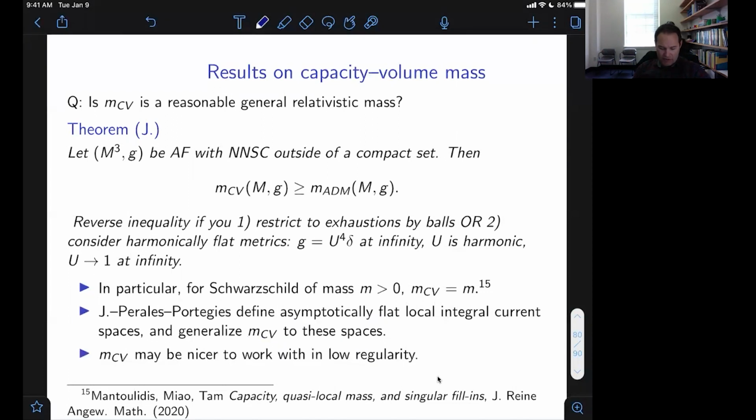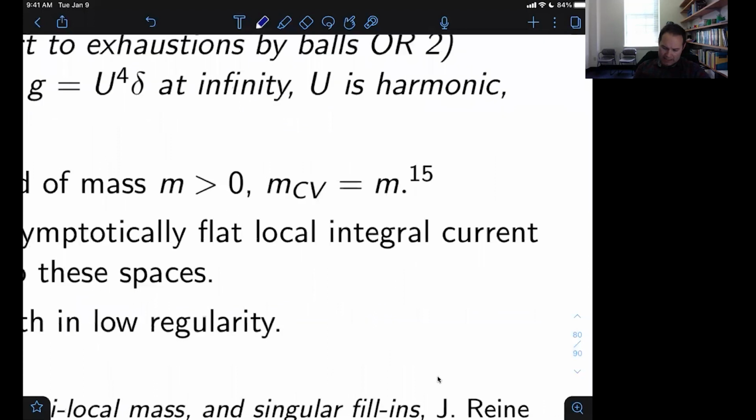There's some indication that this capacity volume mass, if you're actually in a weak setting, like an integral current space, might be nicer to work with than the area volume relationship, the isoperimetric mass. One thing is just defining the perimeters of sets or the areas of sets. That could be more challenging in the metric space setting. Another reason is just